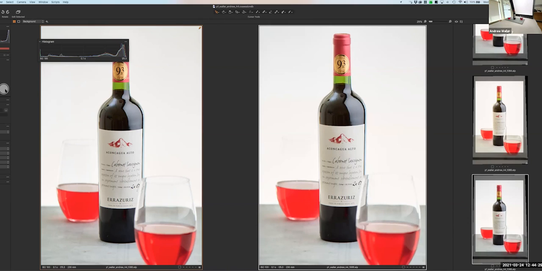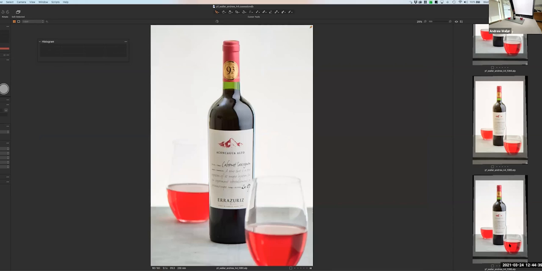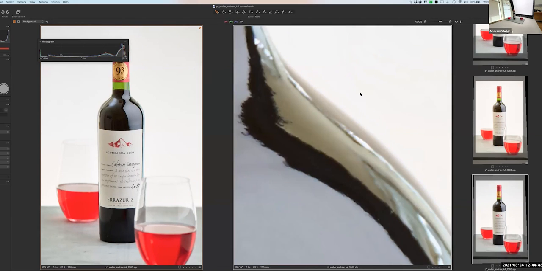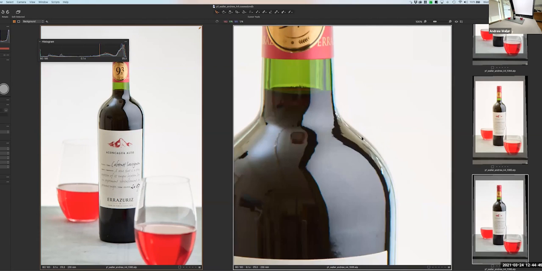Now let's look carefully at the next property of shooting in studio, which is that law of physics: angle of incidence and angle of reflection. So let's go into 100%, or this is 400%. We see here. Okay, so if we look there,